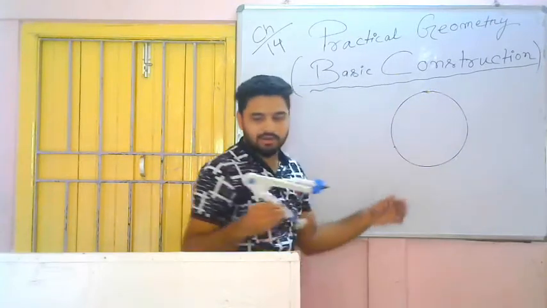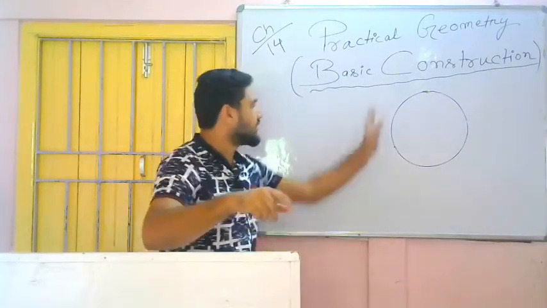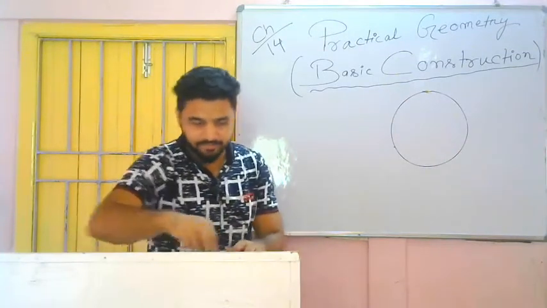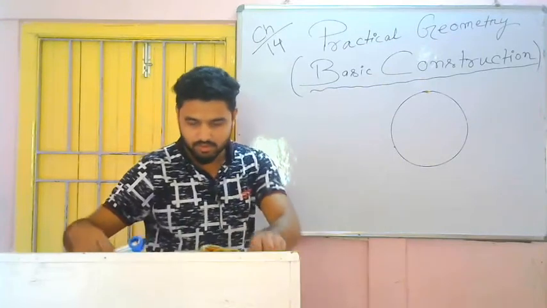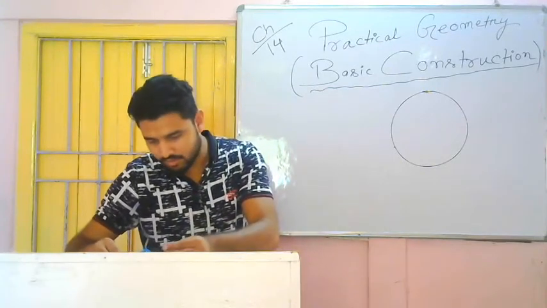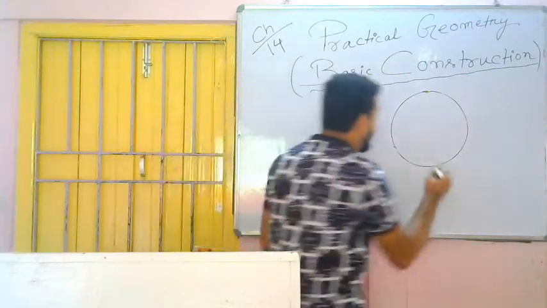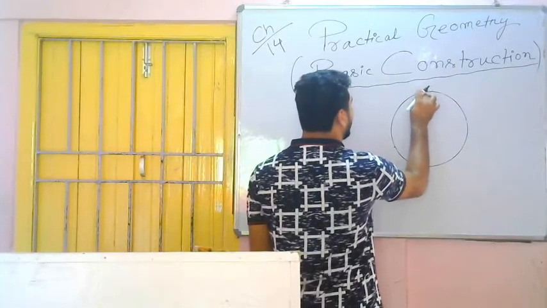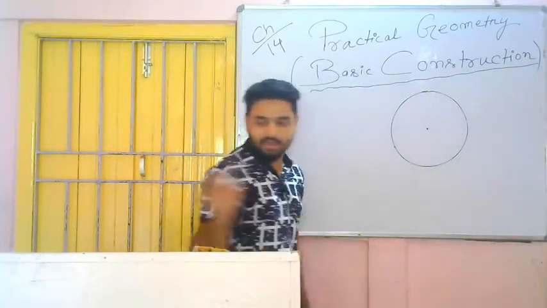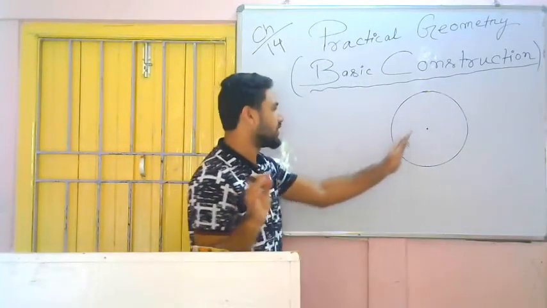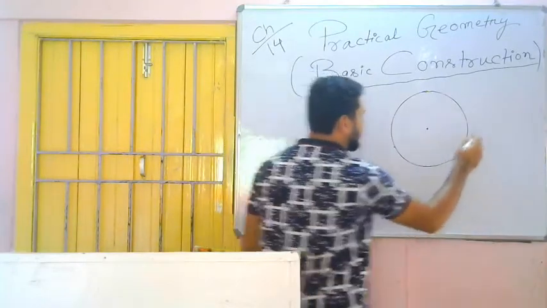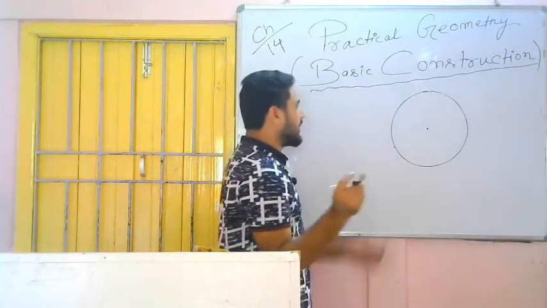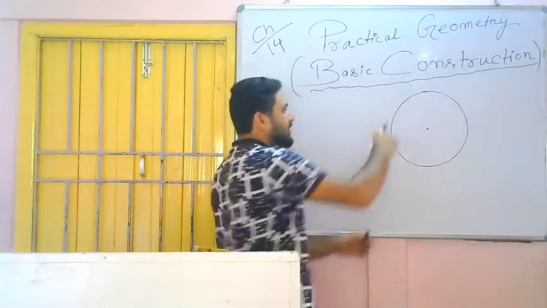Like this you will get the shape. So that is the circle. And you have taken the point here. Earlier you have taken the point here. So like this the circle will come. This compass is not comfortable with the board, so for that reason this picture is not up to the mark or not accurate. If you draw with your compass in your copy, then you will get the accurate shape.